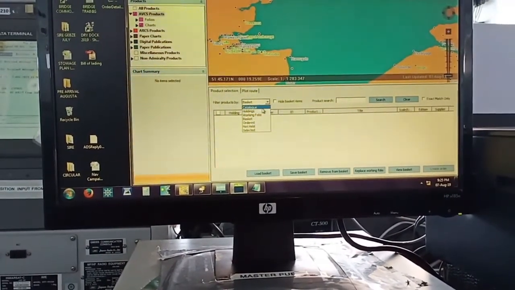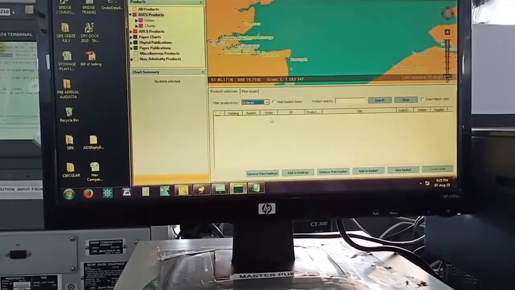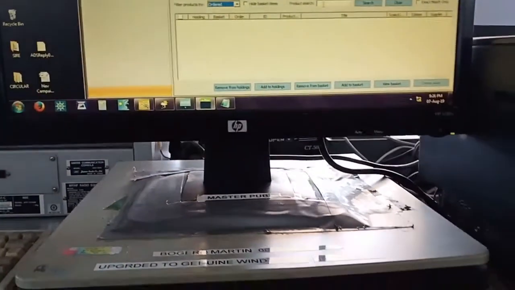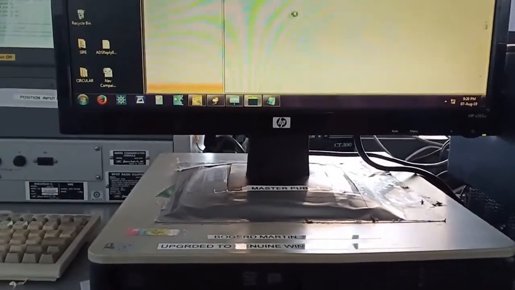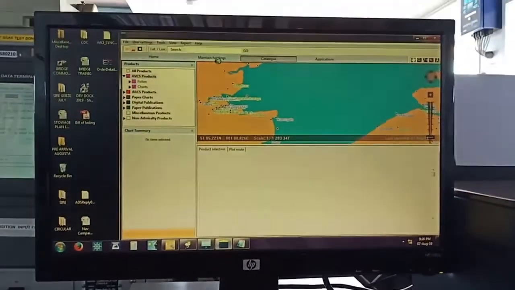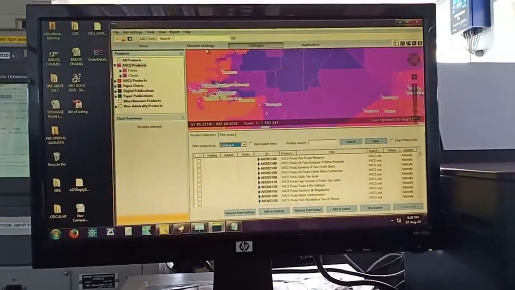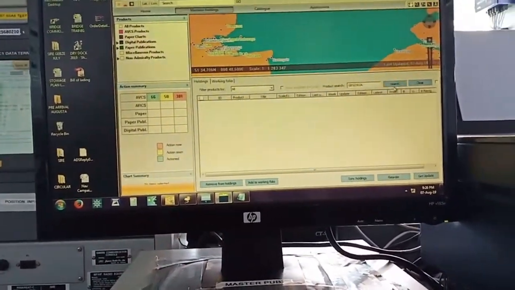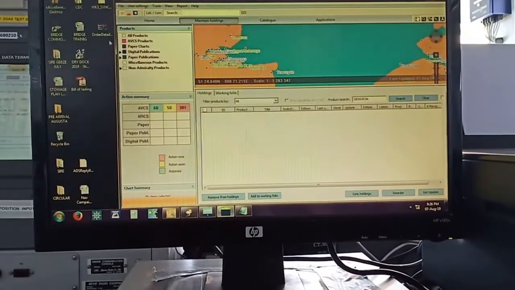In ordered there is no chart. Cross check, I have a list of charts which I have ordered, but one thing is there. For example, this GB40302. Go to catalog or go to maintain holding. Here I have to select AVCS,